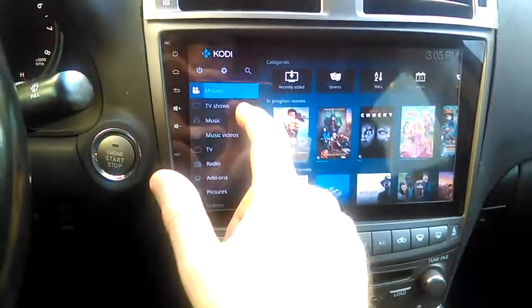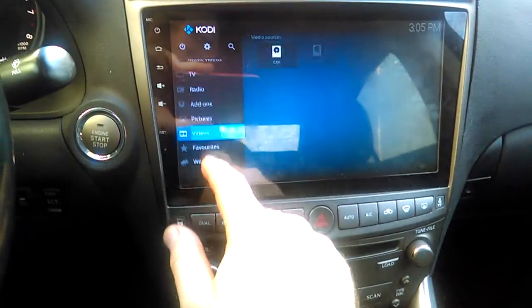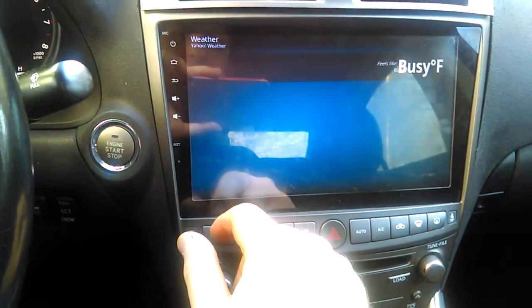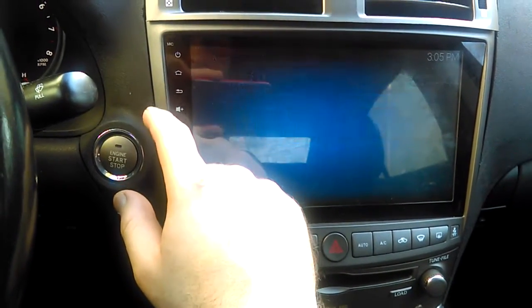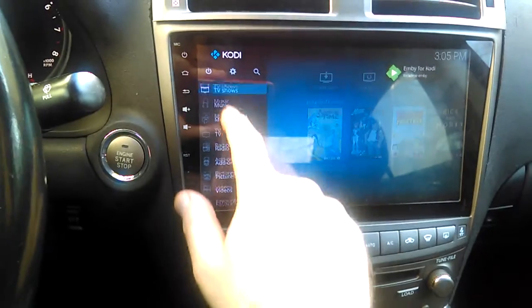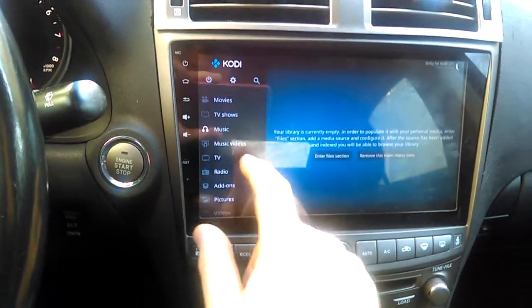But yeah, I also have the weather set up because I figured why not? There's my weather. I can have, let's see,